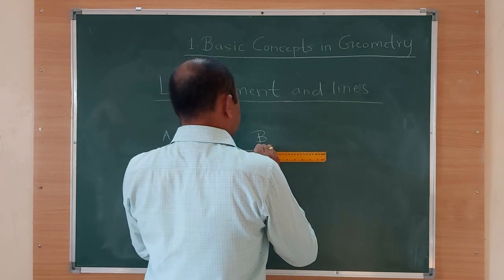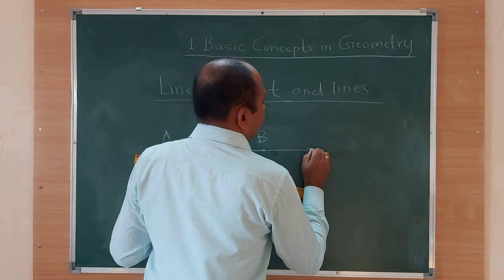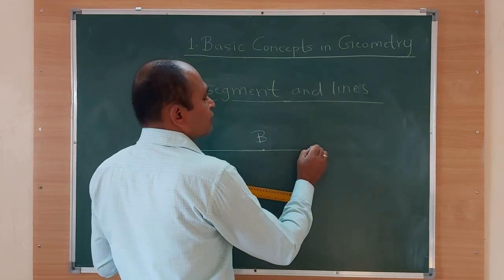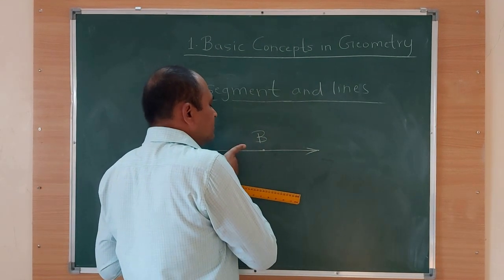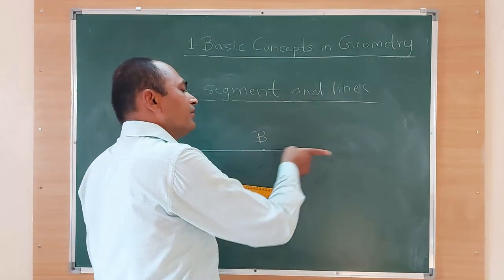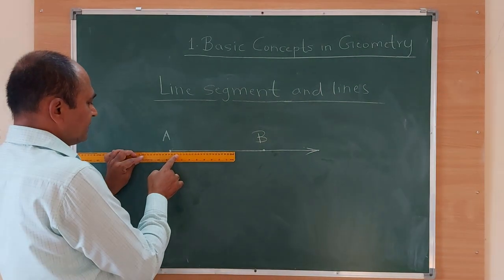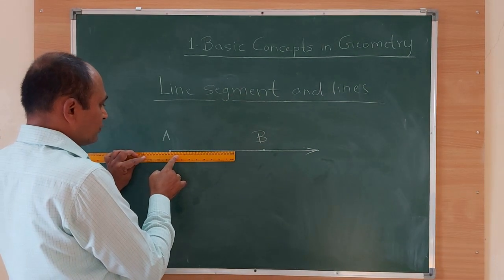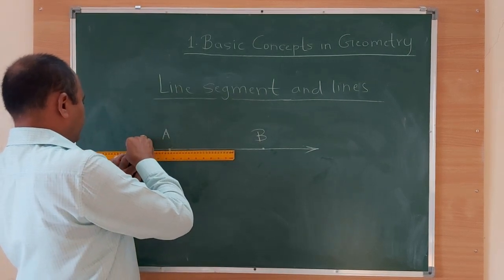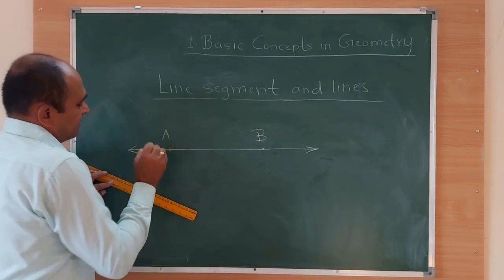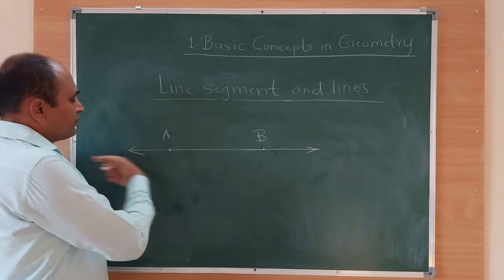First I will extend it on right side. Okay, and that extension I will show with the help of an arrowhead. Arrowhead indicates that this line goes in this direction forever, continuously. Now I'll extend this line in the left direction also. This side also I'll give an arrowhead to indicate that this line extends towards the left side also indefinitely.